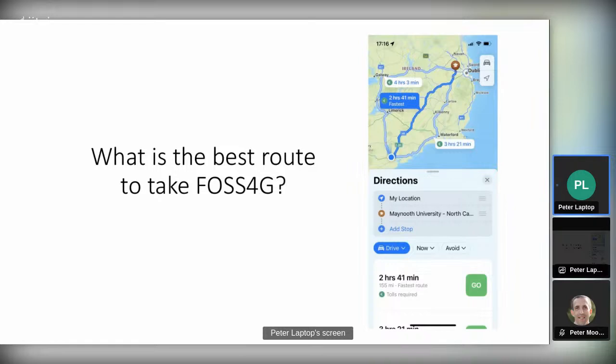And this has turned into a bit of a pet project, and it links very nicely to the earlier talks looking at accessibility and walkability, but just posing the question, what's the best route to get somewhere? So this was my poor planning and preparation at about 5:15 last night. How am I going to get up here tomorrow? You can see there that that's probably my own fault for using Apple Maps, but whenever we use any of these apps, we get a choice of 3 features, right? And in this instance, it's the quickest route. I'm not sure why you would ever go to Galway to get to Maynooth, but anyway,